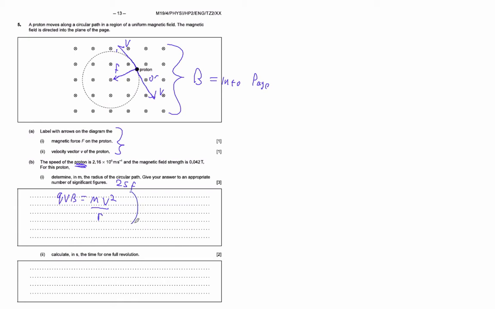Okay, and then calculate in seconds the time for one revolution. Well, boy, it's going real fast, so it's not going to take long to go around. The period is going to be, by the way, the circumference divided by the velocity, right? So you've got the velocity there. So that makes sense, right? Distance divided by velocity will give you time. It's not very much time, okay? It goes around nearly 1 million times every second, 500,000 times every second or something like that. It's on the order of